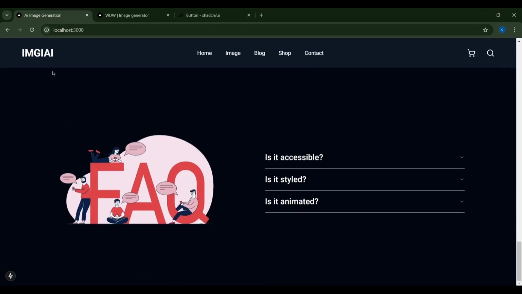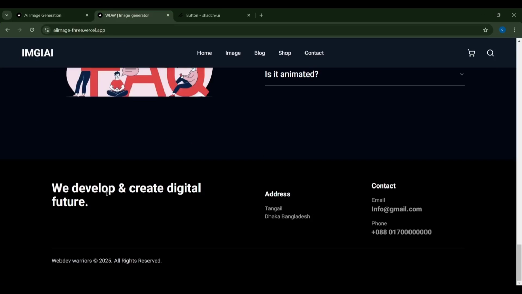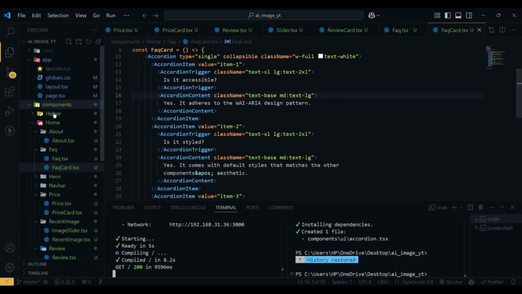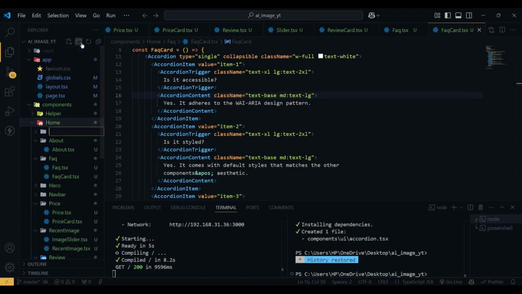Now we're going to build the footer. If I show you the footer, this is a very simple footer. We have a heading and then some address and contact information. To build it, I'm going to create a new folder inside my home folder, and I'm going to name it footer. And inside this, I'm going to create a file called